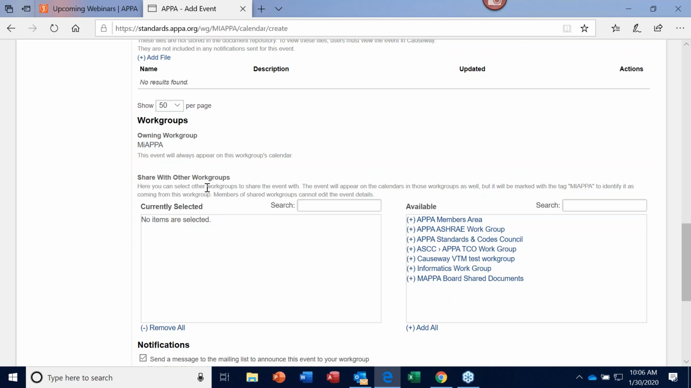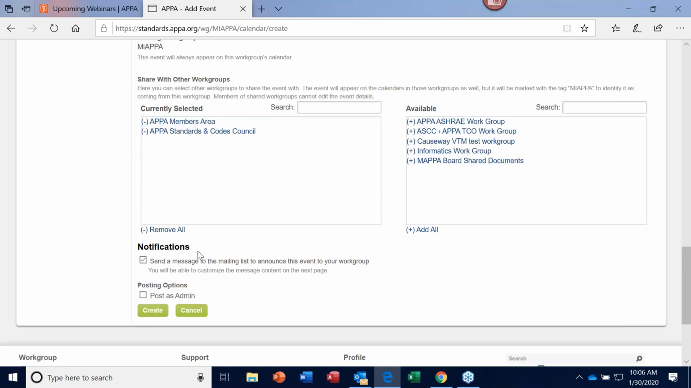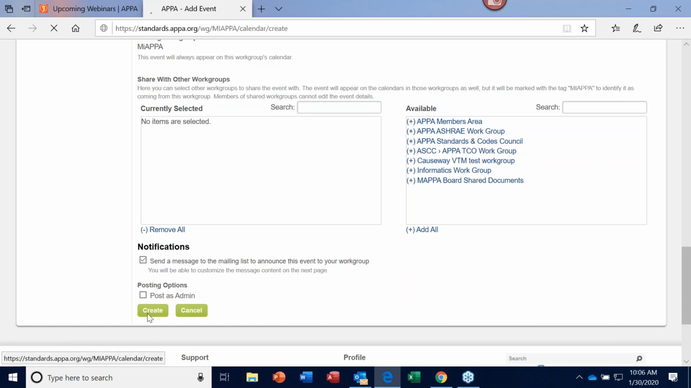And then if you want to share this with other groups, say the finance people and the conference people want to get together, you can select the people you want, and just by clicking on them, it will add them to the list. If you want to remove all, you can do that, and if you send a mailing list, you click create,